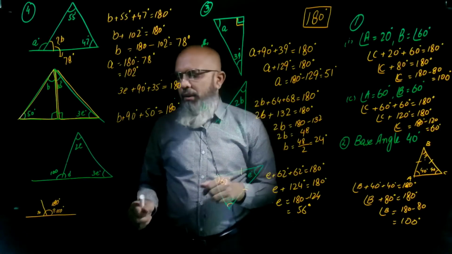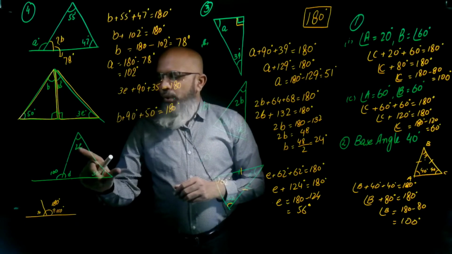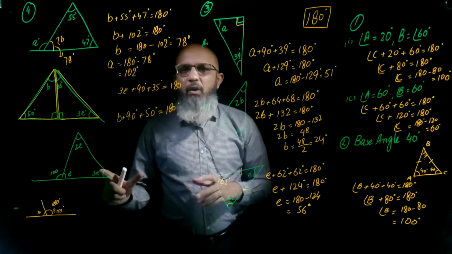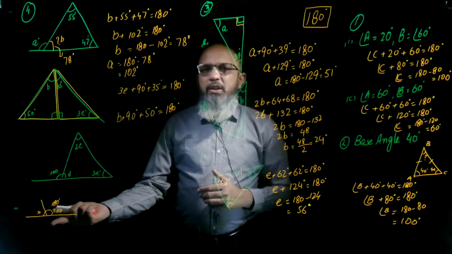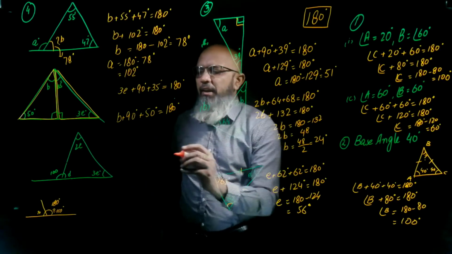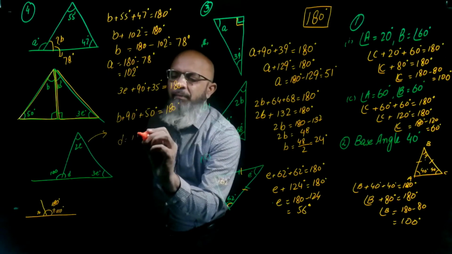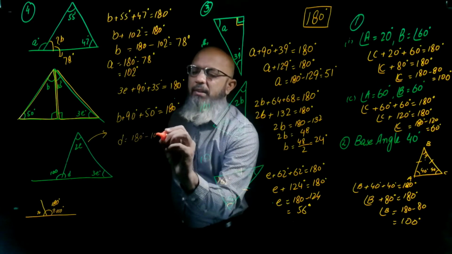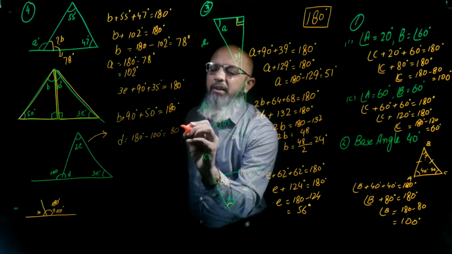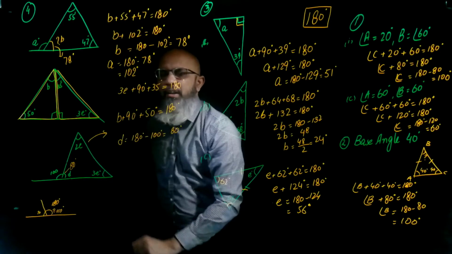Interesting and easy. Yes. So come to the last question of today's lecture. Now here we have 2e, 3e and d. So first we have to find the angle d. How can you find the angle d? By using supplementary angles. We will subtract 100 from 180 and we will get our angle d. Now the solution of this equation: angle d is equal to 180 degree minus 100 degree. We will get our answer, that is 80 degree, right? Means angle d is equal to 80 degree, right?